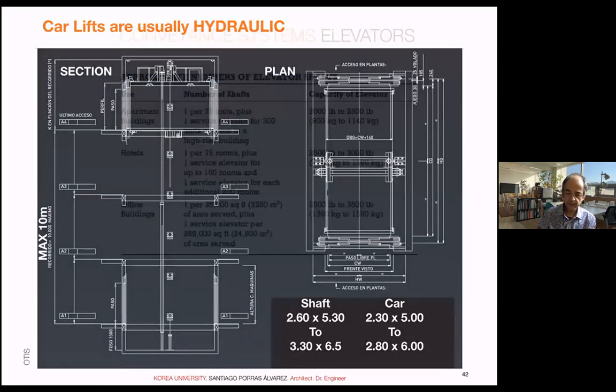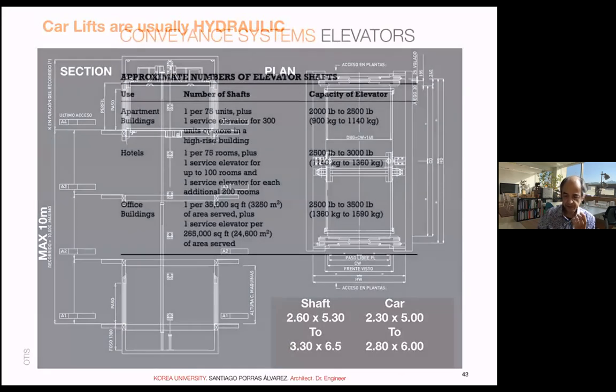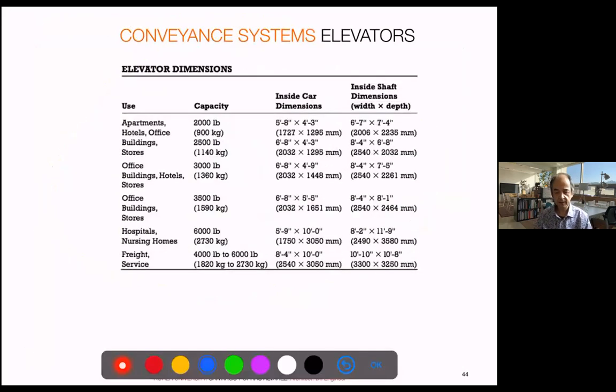This is a basic pre-dimensioning for elevator shafts, depending on the shaft of the building, and basic elevator dimensions. This is good for pre-dimensioning, but my advice is to go to the web of elevator makers, right? Most international makers have joint ventures with Korean companies. So Schindler, Otis, Kone, you have always the second family name with some Korean companies. So you will find the real elements which are sold in the market.